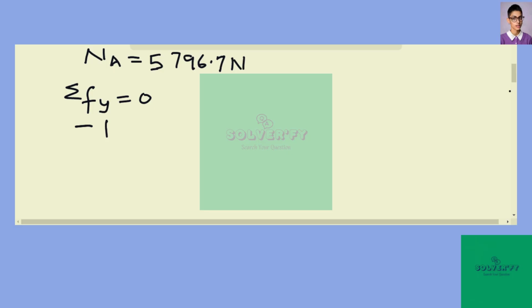You have minus PC, where PC is the compressive force we are looking for, minus FC sine 15 degrees, where FC is the frictional force at C as labeled in the diagram, plus NC cos 15 degrees,